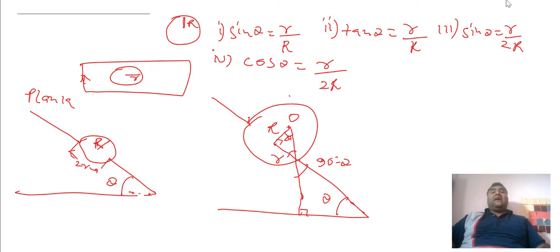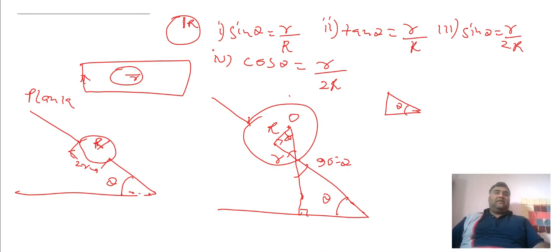Now we have two relations, and let's see what we can do. I'm giving you 2 minutes to think about what logic can be applied. The best way is to apply the trigonometric ratio. Let me draw this triangle again so that you could relate to what I am saying. Here is my theta, and obviously this is my capital R.